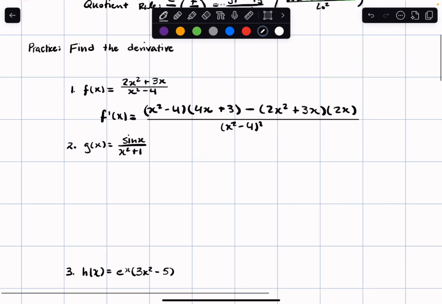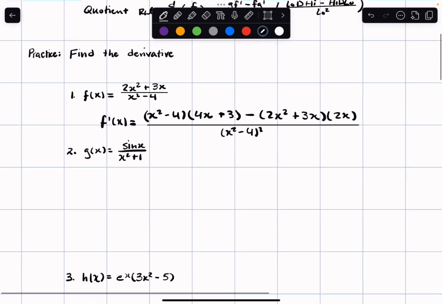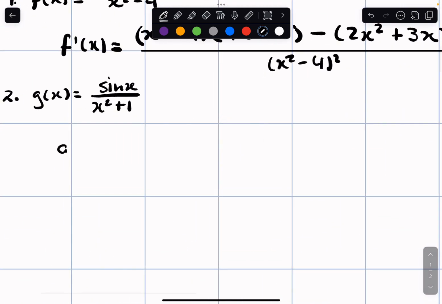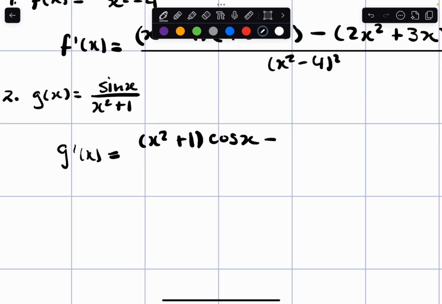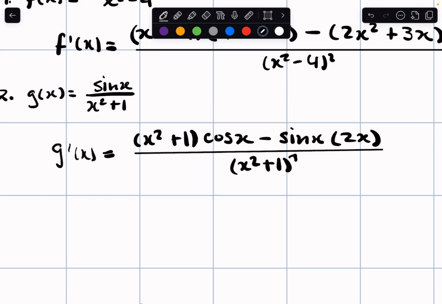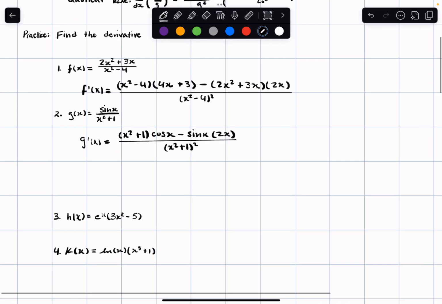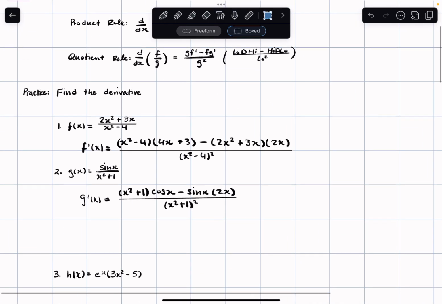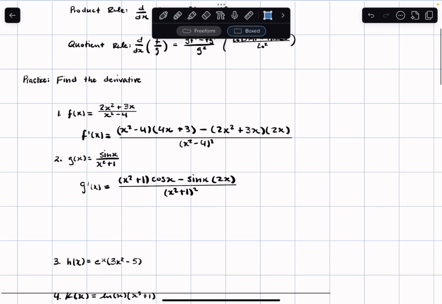All right, so we're going to use the same rule here as well. So it's going to be low, right? So it's going to be g prime of x is equal to low, so x squared plus 1, d high, and then the derivative of sine of x is cosine of x, minus high, so it's going to be sine of x, d low, and the derivative of the denominator is 2x. Then we'll divide that all by x squared plus 1, squared. So that is the quotient rule in practice, and the quotient rule is only used when you have a quotient